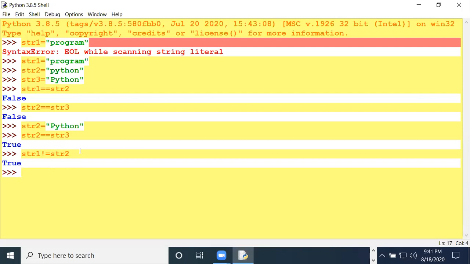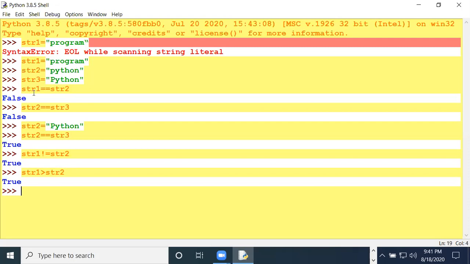You can also compare using greater than. It will check character by character. If I apply str1 greater than str2, it is true. How many characters are in this? 1 2 3 4 5 6 7. In this only 6.